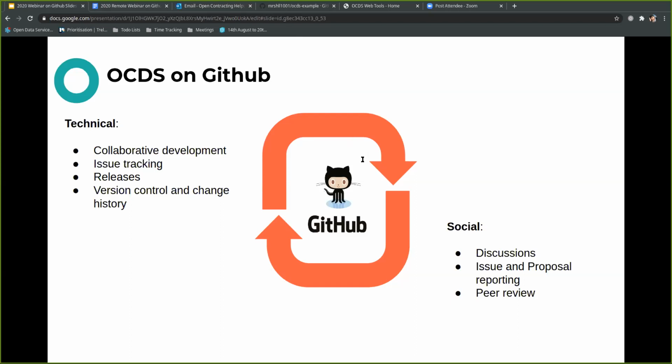On the other side of this cycle or coin, GitHub also provides us with a social space to engage in discussions around the data standard. Now, these discussions can be about quite high level procurement concepts. They can be technical discussions about what the standard's aims are and how to achieve those at a very granular level. And this is achieved through the creation and attendance of issues. Issues are discussion threads and bug reports on the standard, is kind of the way that we use them